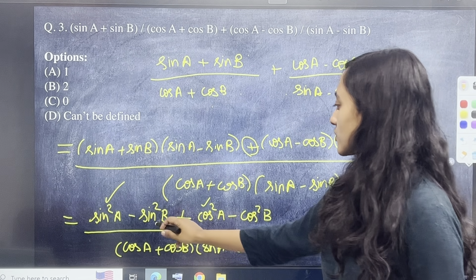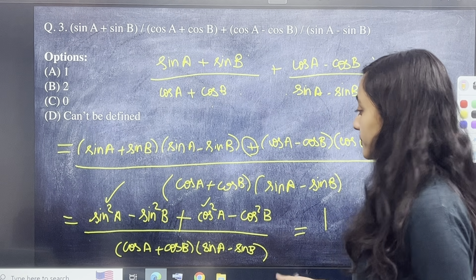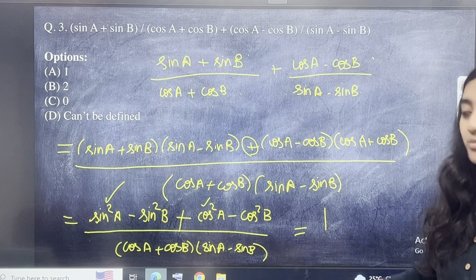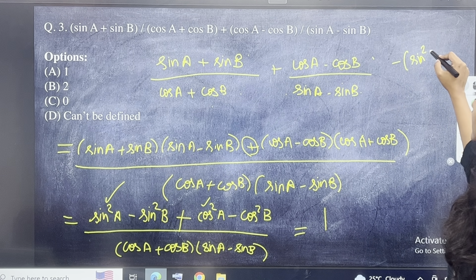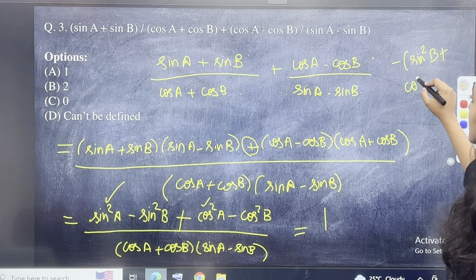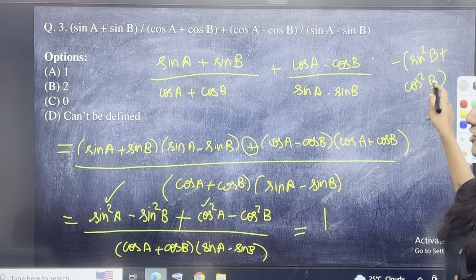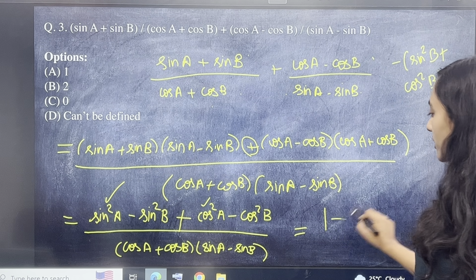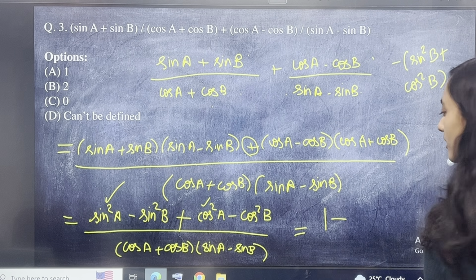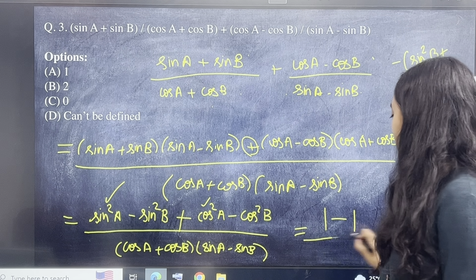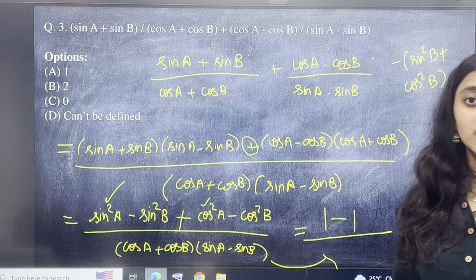उसके बाद minus sin square b minus cos square b, how does it happen? You take minus common, अगर माइनस को आप कॉमन लिए तो फिर तो है sin square b plus cos square b, है ना? यहाँ पे if you multiply minus sin square b minus cos square b, but it's the same thing, right? So you write 1 minus sin square b plus cos square b क्या होगा? 1. 1 minus 1 divided by ये same चीज, right? 1 minus 1 is how much?